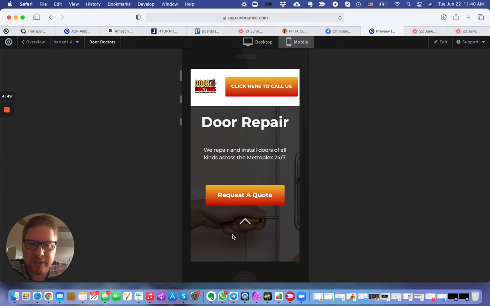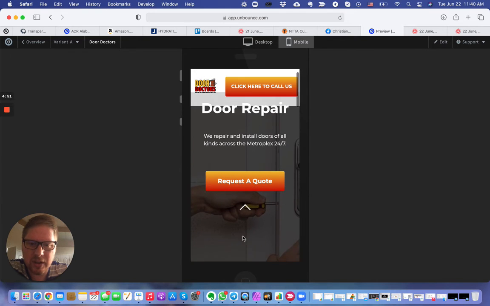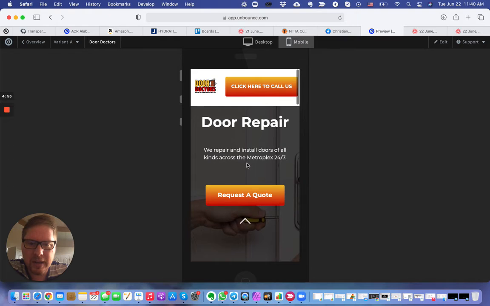Mobile has to be a lot simpler. So in this particular scenario, we remove the video. We don't want that cluttering up, and we want this page to be able to load rapidly because almost every sort of algorithm out there rewards